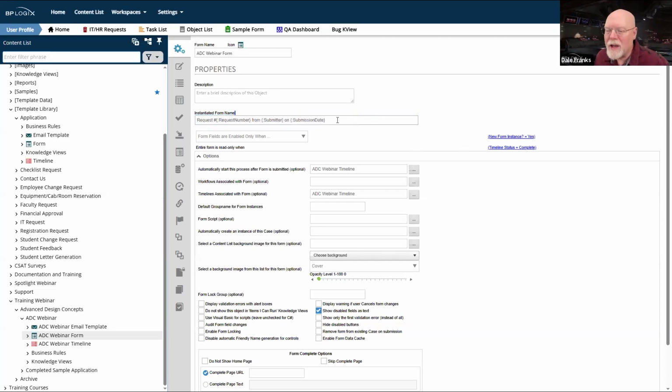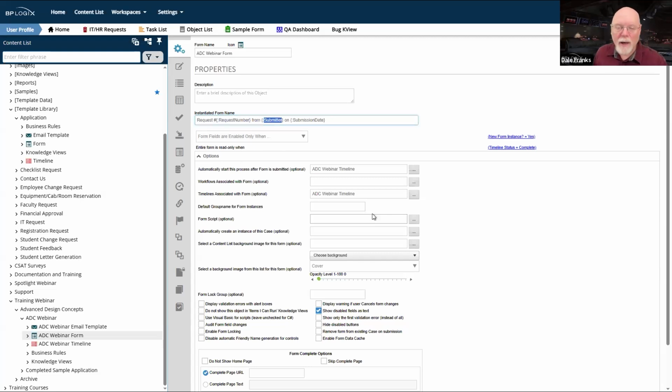So this gives me three pieces of data, well, one of them is definitely unique, and two pieces of semi-unique data that, if I'm looking in a knowledge view, gives me a lot of options for finding different requests. Because if I search by request number, I know I'm only going to get back a single specific record that matches my request number.